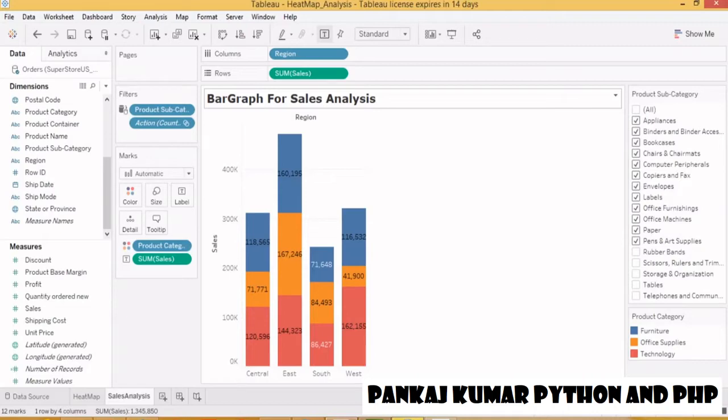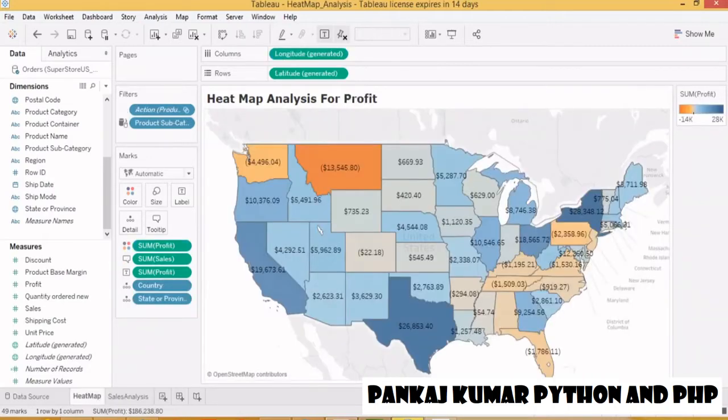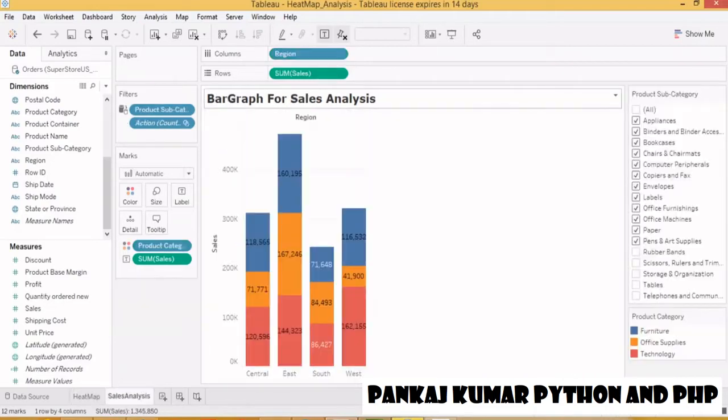Okay, so guys, in the worksheet we have created a single visualization. For example, in this worksheet we have created the heat map. In this worksheet we have created the bar graph, but the dashboard is a combination of multiple visualizations or multiple graphs. Changing one graph or changing one filter should have an impact on all the graphs, because suppose, for example, I